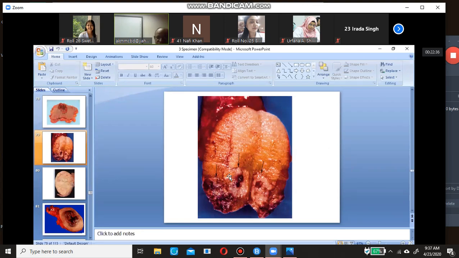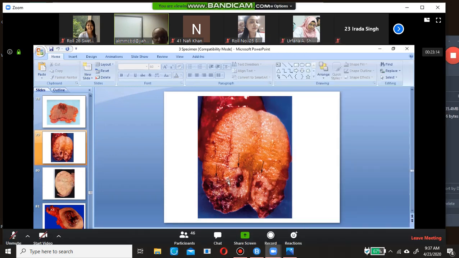In testis, you will get either carcinoma of the testis or you may be given the testicular torsion. Only these two things will be given. In carcinoma of the testis, probably the specimen will show only the testis, not much detail of the spermatic cord. Here the spermatic cord cannot be seen, only the testis, carcinoma of the testes.